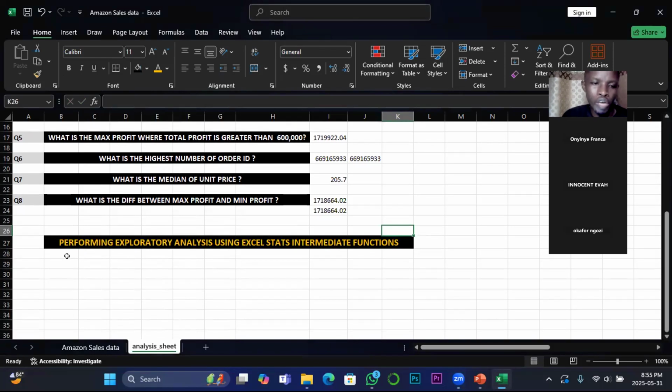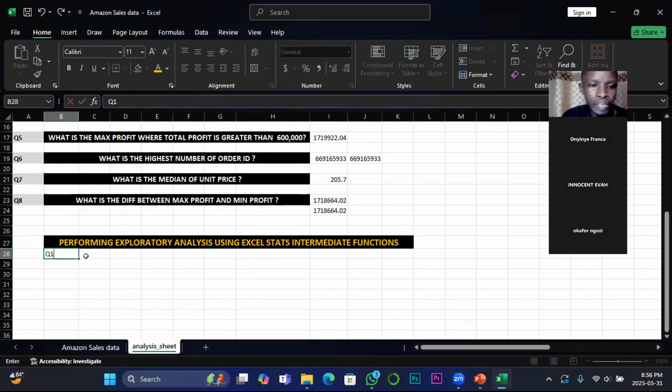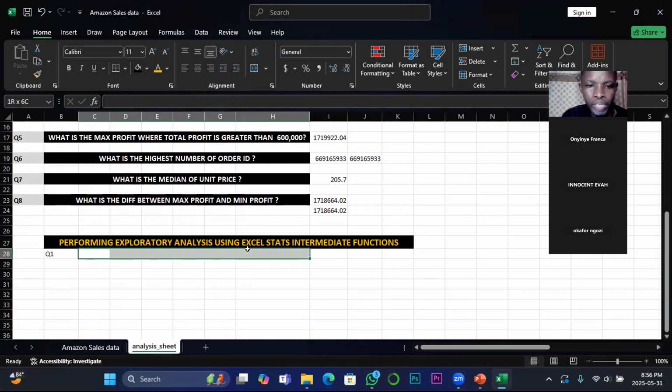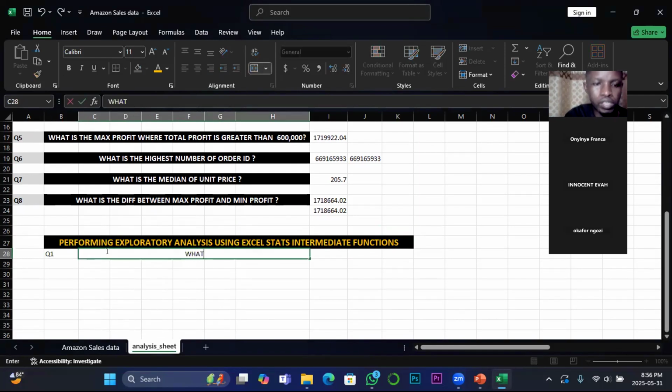Now let me bring the question. The question is, let me start again, question 1. So I will merge this together also just to outline my question. The question is, what is the total profit